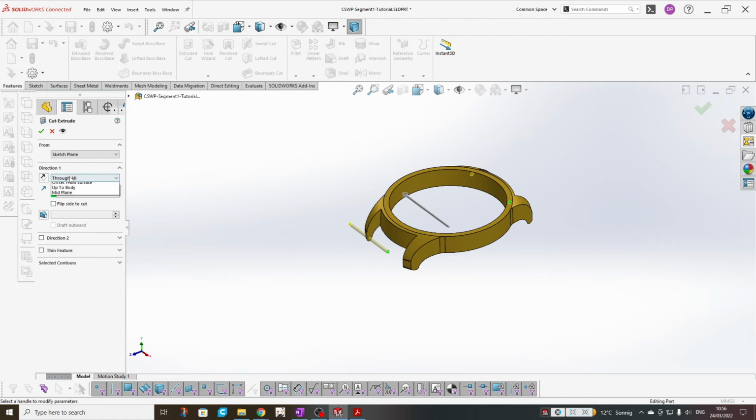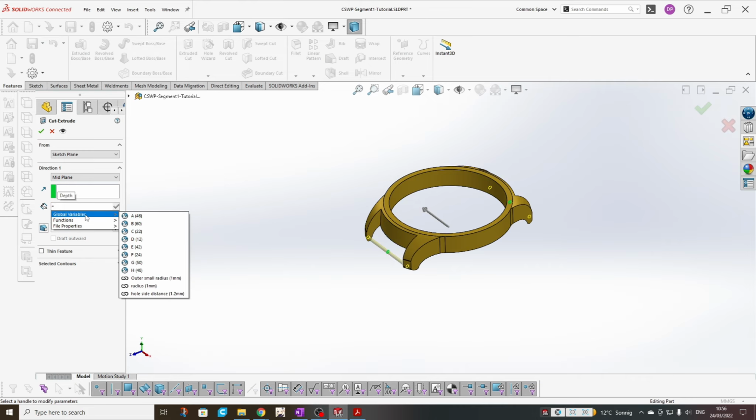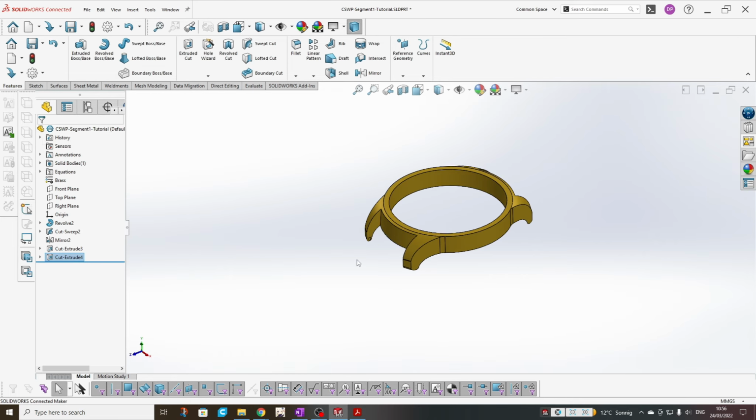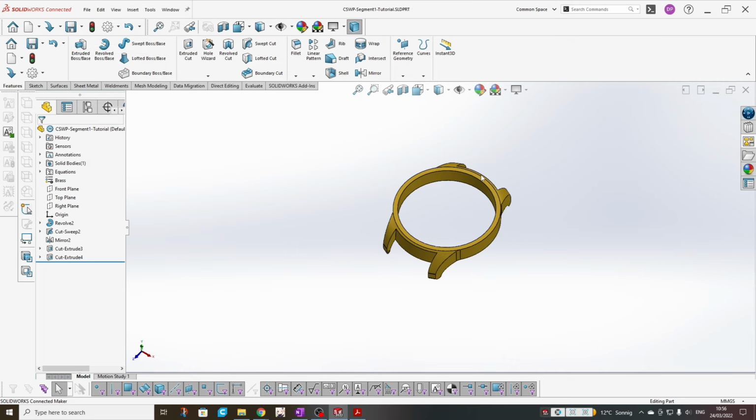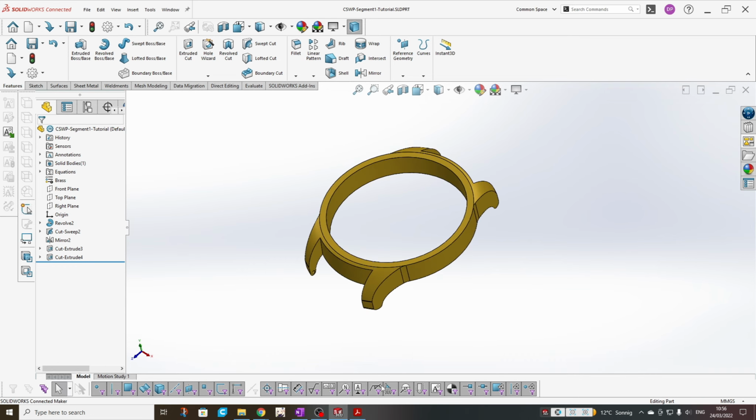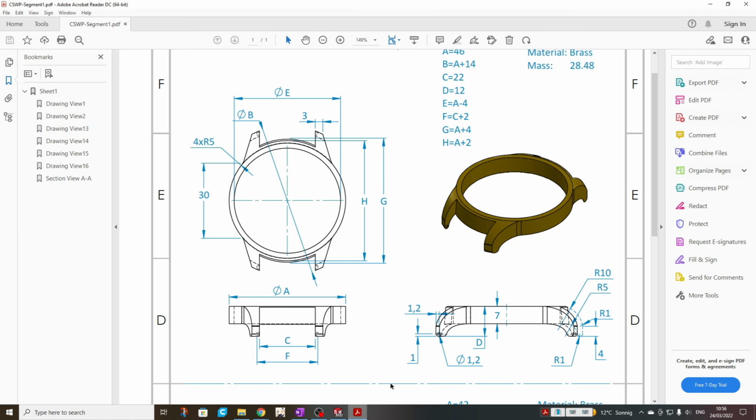We make extrude cut, mid plane, and the value of F. So this first part is ready. And now we can check if we apply this material brass, if we will have this value of the mass